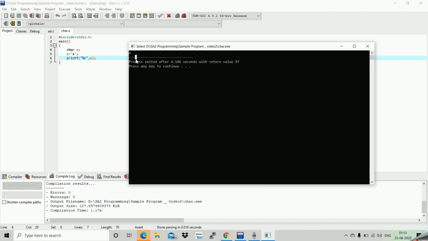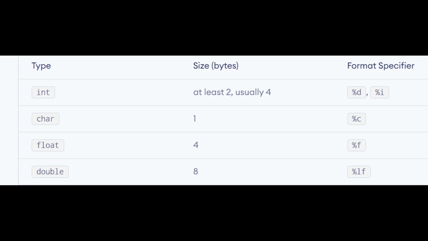Now I will explain whenever you declare a variable of any type, how much memory will be allocated. Let's start with the integer variable. Whenever you declare a variable of type integer, then 4 bytes of memory will be allocated. Its format specifier is %d and %i.